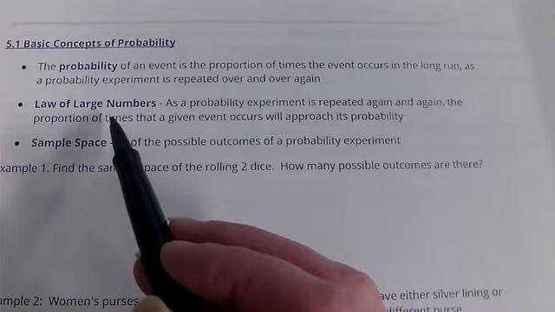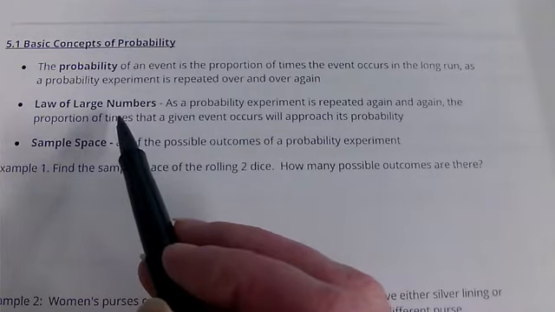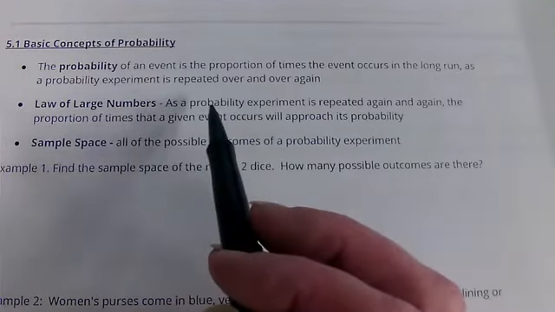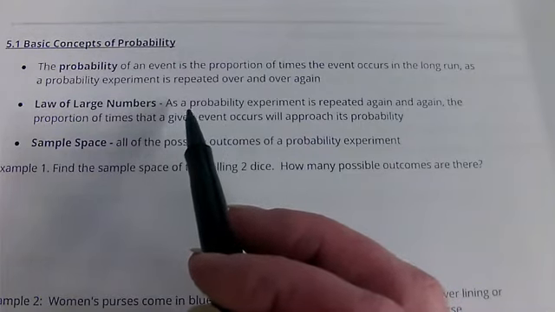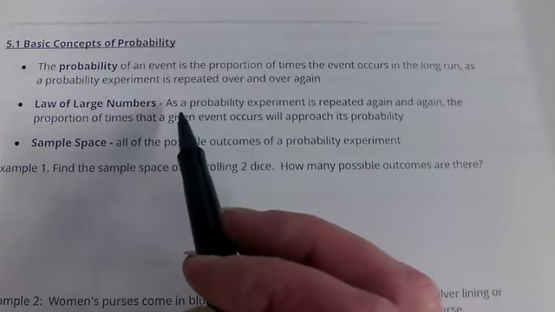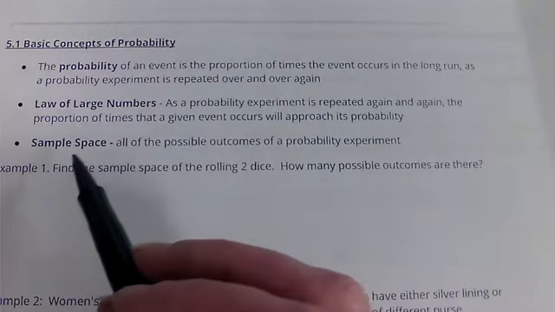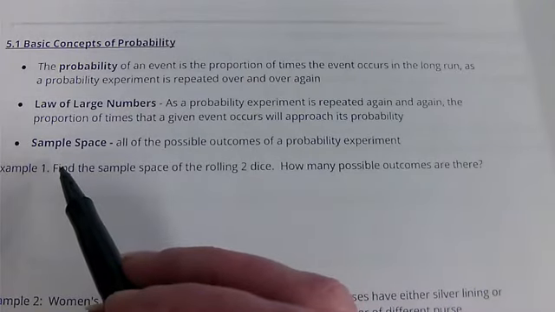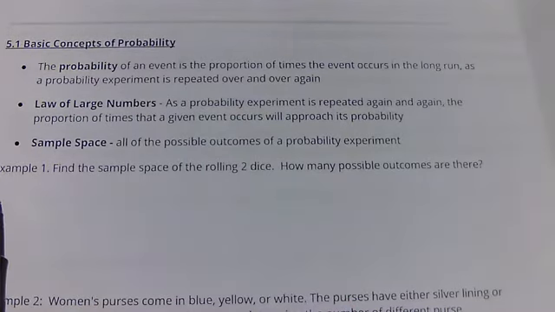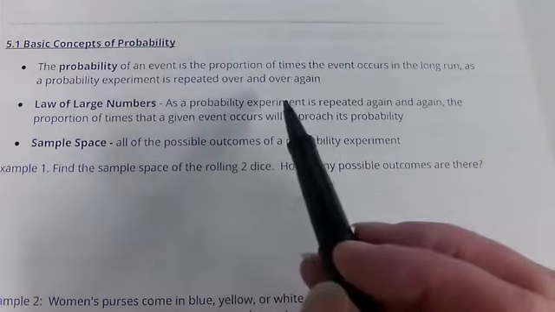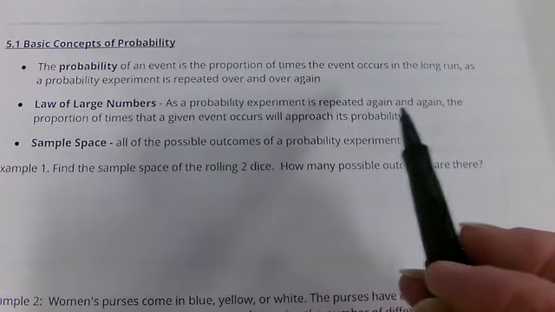The next thing we want to talk about is the law of large numbers. So let's say I'm doing a probability experiment and I'm flipping a coin. Now, we know that flipping a coin, the probability of getting a heads is 1 out of 2. But if I just flip a coin 10 times, am I definitely going to get heads 5 out of 10 times? No. But if I keep doing that experiment over and over and over,